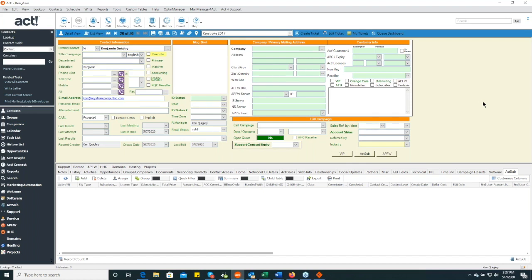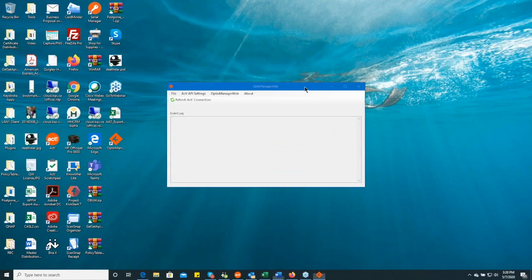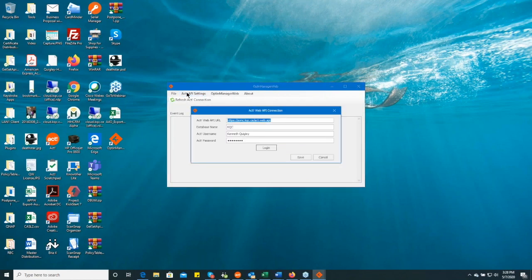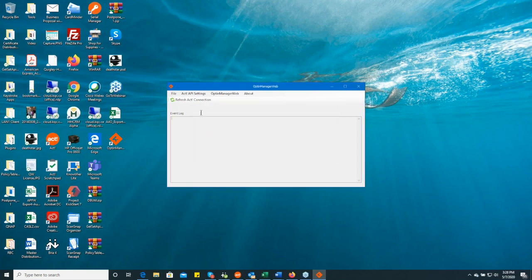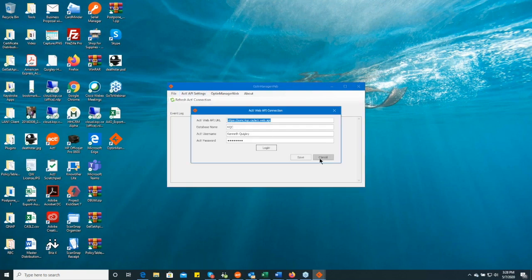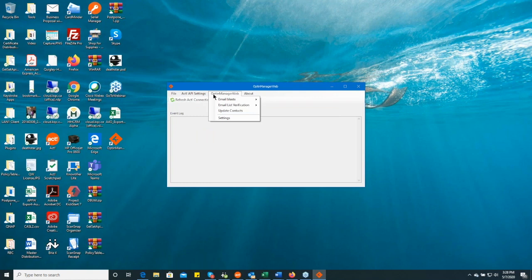Okay, so let's quickly show you what the API was. So here's Opt-in Manager Web. Now let's go through. Here's the API address. Here's the database name. Here's my login. Here's my password. Just going to click on cancel here. And then I've got the email blast, send emails, the same kind of options. Edit emails, Bright Verify,